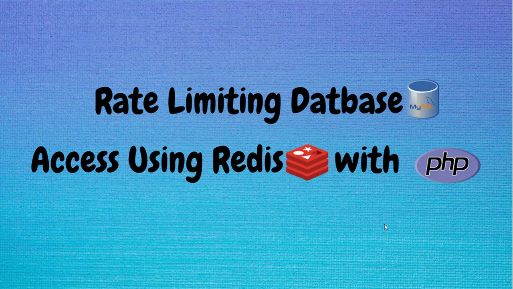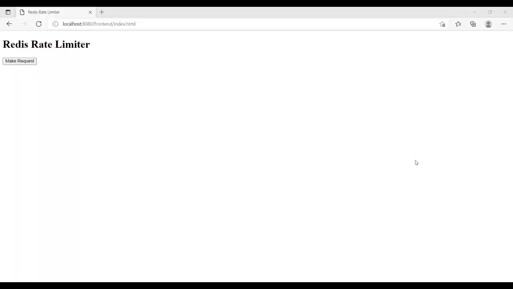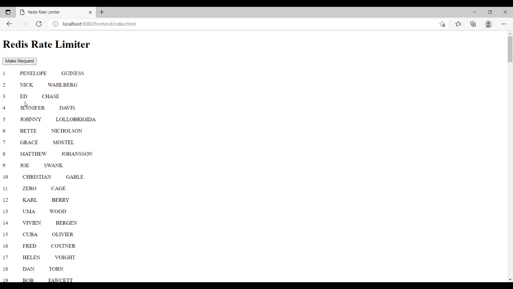in our system. But before we do that, let me give you a demo of what we are going to achieve today. This is the front end of our demo. Please ignore the hideousness because I haven't used any styling. As you can see, we can only see one button over here. So if I click on this make request button, I can see some data being displayed over here.